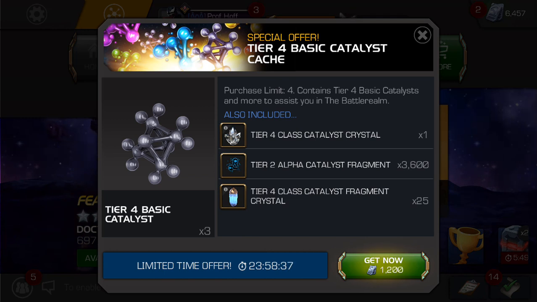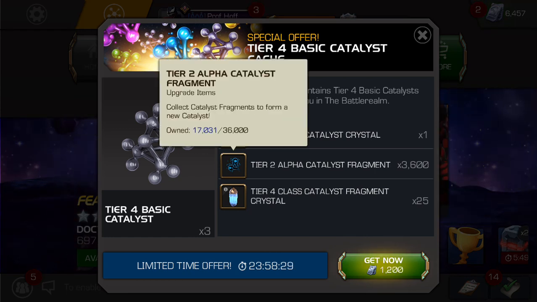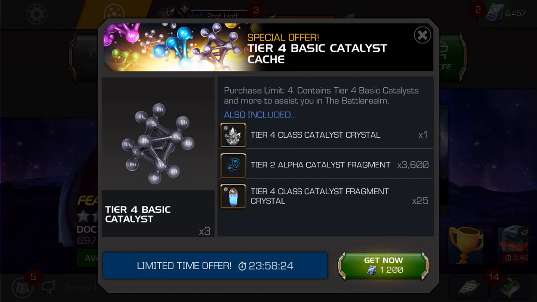The first is that you would expect to see at least one fully formed Tier 2 Alpha, which is 36,000 fragments. This is 1/10 of that for only 250 units less asking price. Then you would get a Tier 4 basic catalyst offer, which is normally 5 minimum with that. And along with that, we have seen for this price worth of actual cash at least 3 Tier 4 class catalysts, but keep in mind some of those also come with the major caveat that you can choose your class,